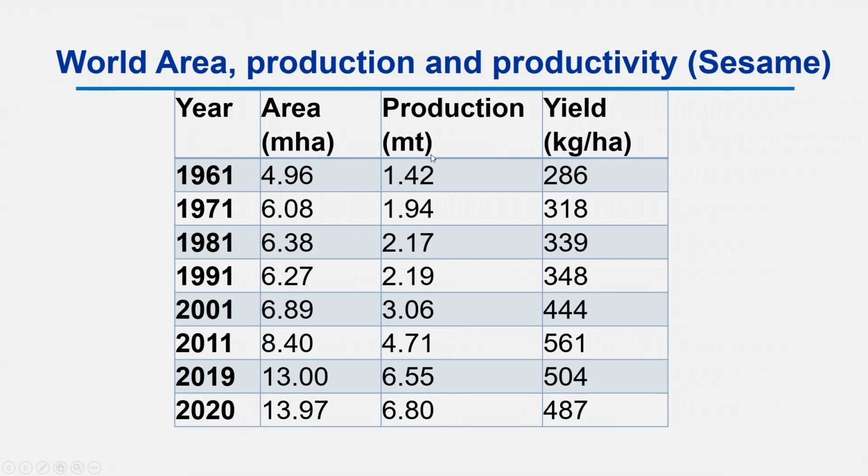Similarly, production also, you see, we used to have only 1.42 million tons in 1961, which has increased to 4.7 million tons in 2011. And then in 2019, production was 6.55 million tons, and in 2020, 6.80 million tons, which is really a significant amount. Similarly, the productivity of this crop in the world has also increased. So, in the world, you can see the productivity is 286 in 1961, then 318, and finally, the world productivity is 487